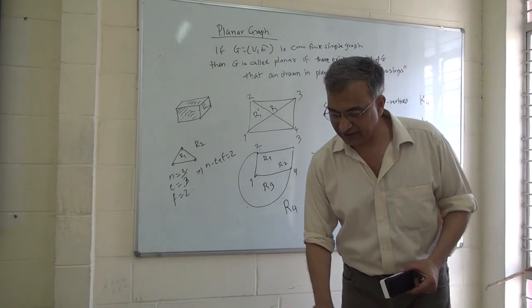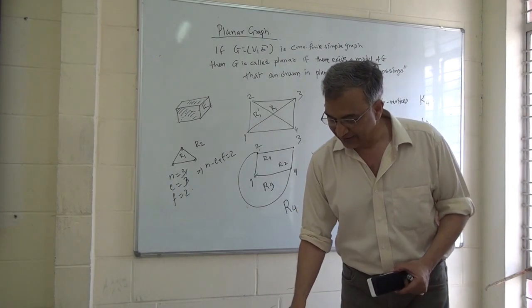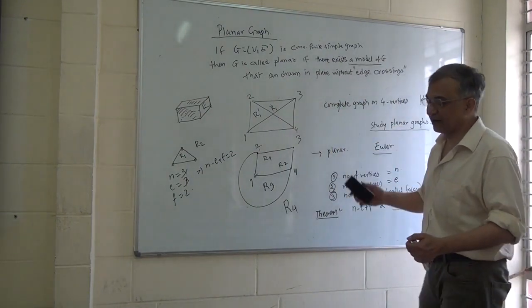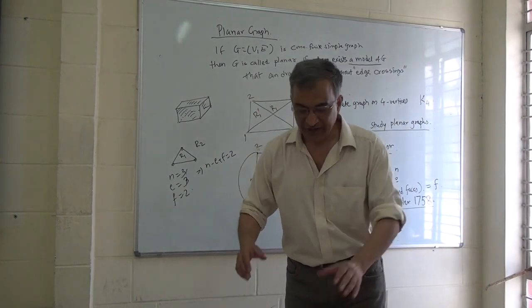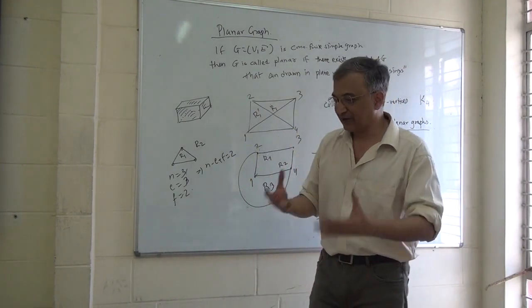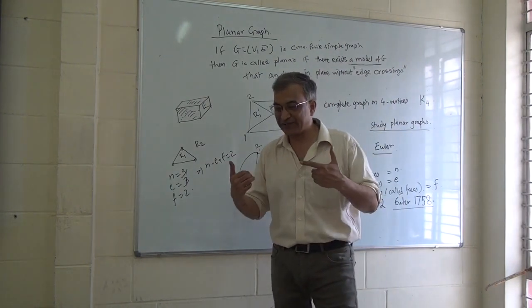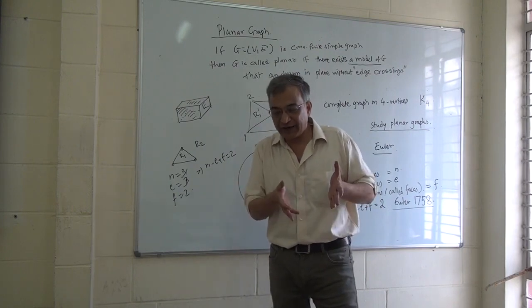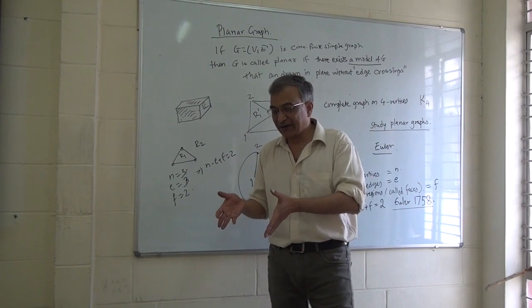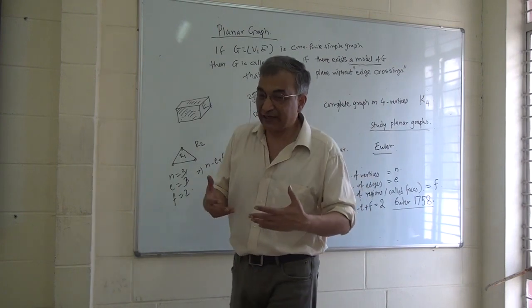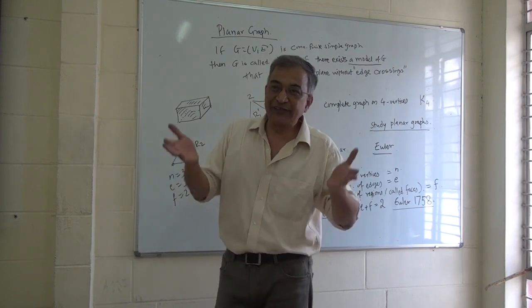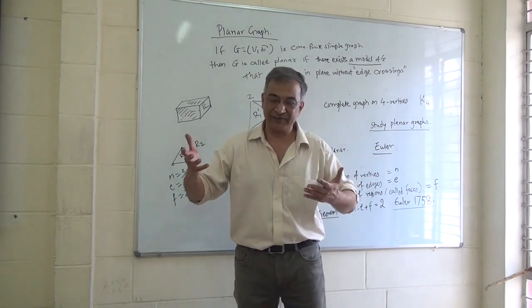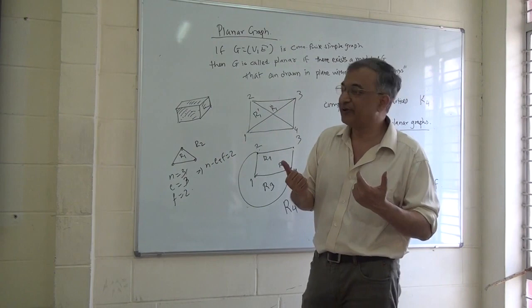Using this, the last part that I want to do is to solve something called the classification of Platonic solids. This is a fantastic application of graph theory. So let us look at what we have done so far. We started with the definition of a graph, not just the picture, but something behind it, which is a set of points and a collection of two-element subsets of them. Then we identified what are isomorphic graphs or not. And then we defined properties of a graph which will tell us when graphs are not isomorphic. Having the same properties does not mean they are isomorphic, but not having the same properties means they are not isomorphic. So being not isomorphic is easier to prove, and that's what we proved.